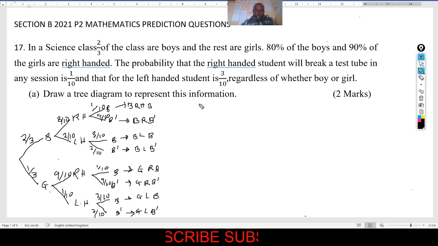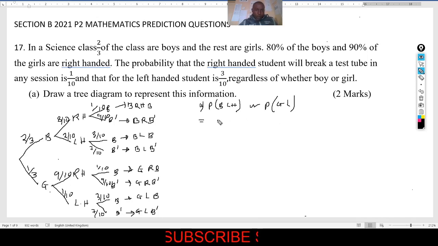So it is Roman 1. It is probability left-handed. It is the probability of a boy left-handed, or probability of a girl left-handed,